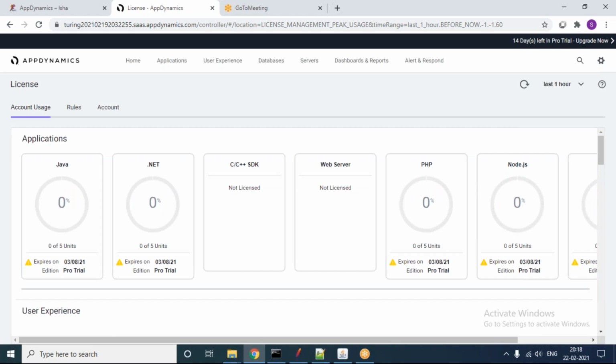So for our learning license, a 16 days trial license is there, 15 I would say, but on the top ribbon it will be mentioned as 16. So you can see the pro license and then the light license. There are two licenses for learning.